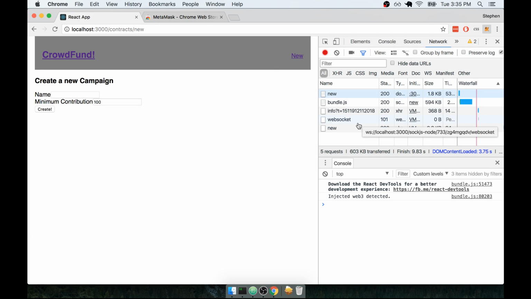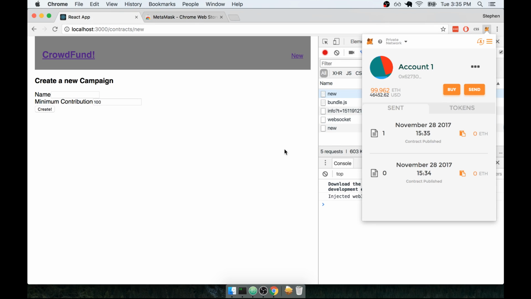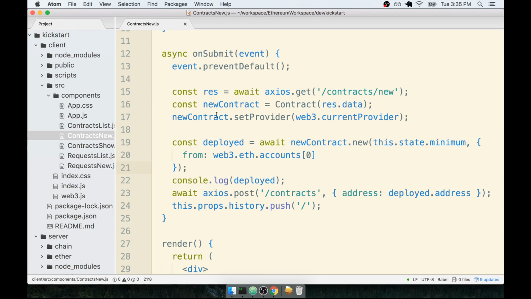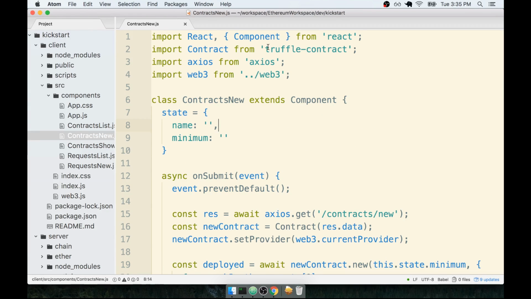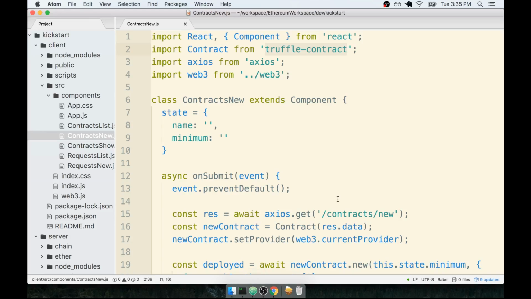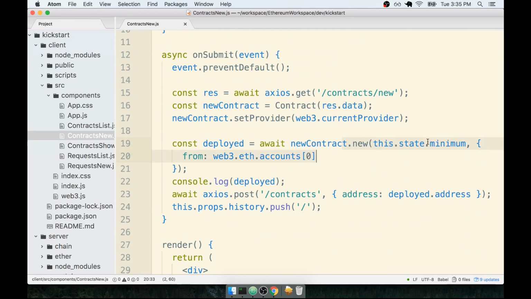Okay, so basically what's happening right now, you'll notice that I am approving these contracts, contract published, and the stuff is happening appropriately. This is a bug in Truffle Contract right here. Oh my goodness, not fun at all. So the bug is that when you create a new contract with Truffle, it never actually resolves the promise that comes back. And the workaround was that I grabbed someone's fork that fixed this issue, but I just